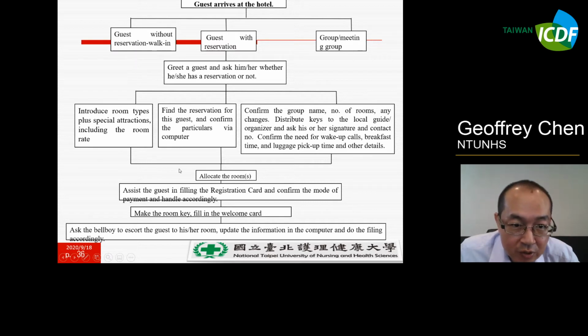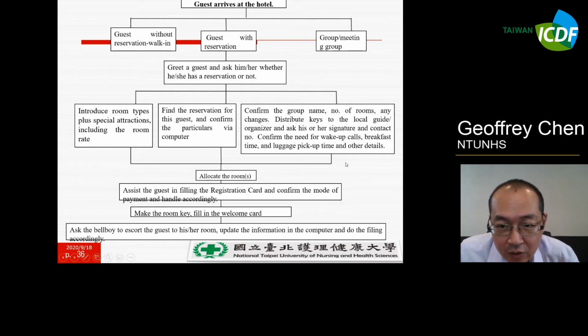If you say, I found a reservation for this guest, and confirm the details via the computer, this is consistent with guests who already have a reservation at your hotel.